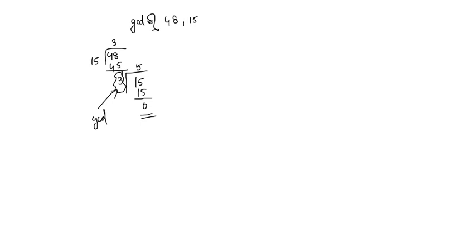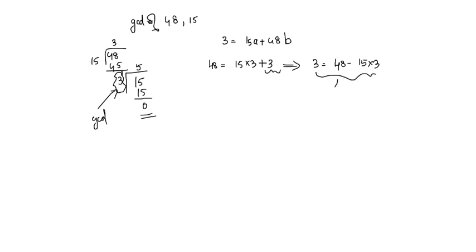So now your aim is to express this GCD as a linear combination of 15 and 48. So your aim is to find two integers a and b. It can be either positive or negative. But your aim is to express that 3 as the linear combination. So from that first division algorithm, you can write 48 as 15 times 3 plus 3. So 3 is your GCD. From this you can write 3 is equal to 48 minus 15 times 3. So this is your linear combination. From this you can write b is equal to 1 and a is equal to minus 3.